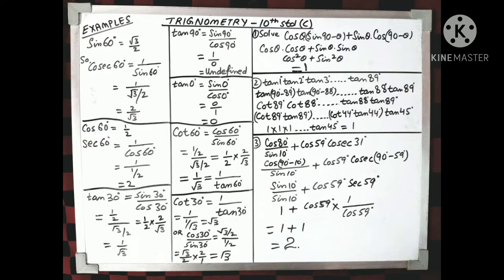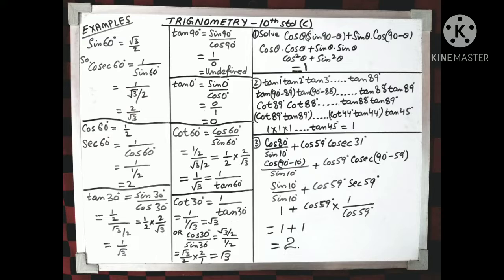So now that we have an idea about the trigonometric ratios, the trigonometric identities, the standard angles and the complementary angles, I will solve some sums so that you can understand the topic well, right? The first example I have given is how to find the value of sine 60. Sine 60 is equal to root 3 by 2, straightaway from the table we have to learn it.